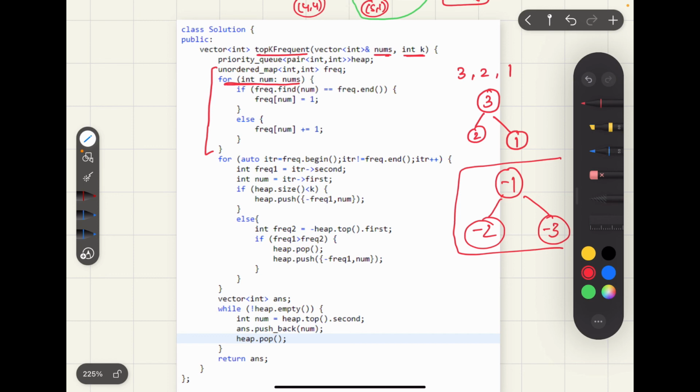And I've used this approach in this particular solution, but there's another better approach, which is to make a min heap and not use a max heap. I have discussed that as well in the upcoming videos. So let's quickly discuss